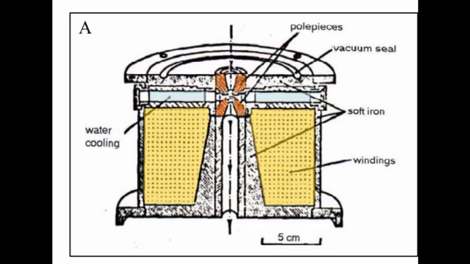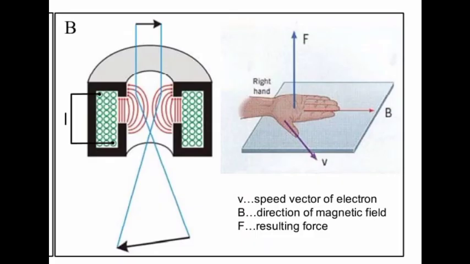Electromagnetic lenses. In this figure, the magnetic field is strongest in the area of the pole piece. The focal length of the lens is changed by the current through the windings. In the second figure, electrons passing the magnetic field are deviated perpendicular to the plane defined by the magnetic field B and the velocity vector V. The black arrows demonstrate the rotation of the image.